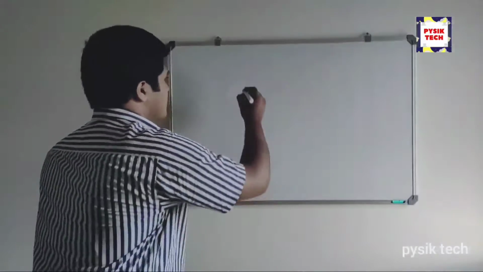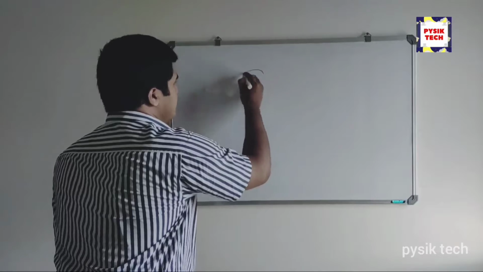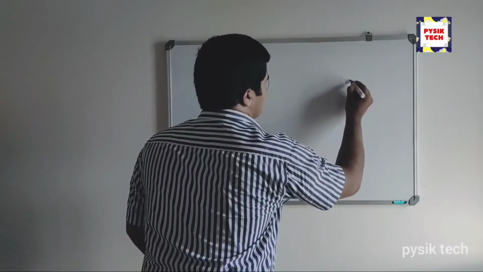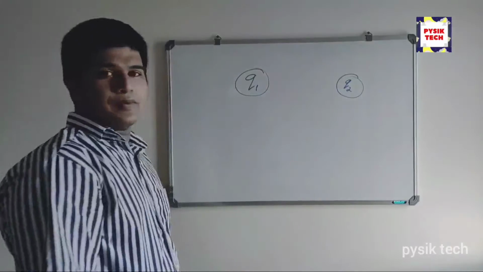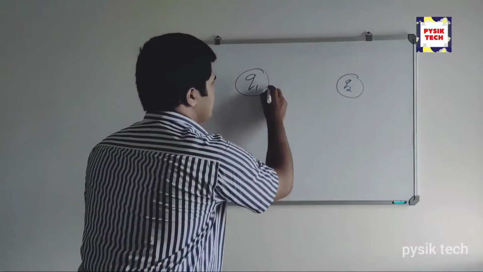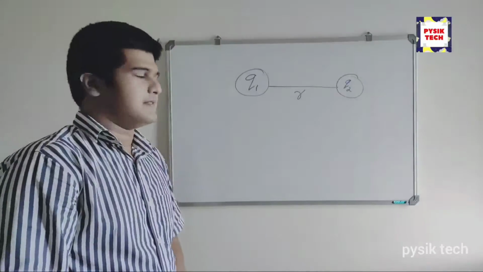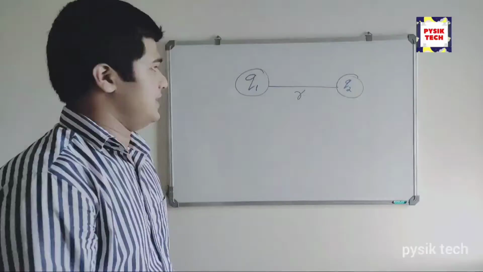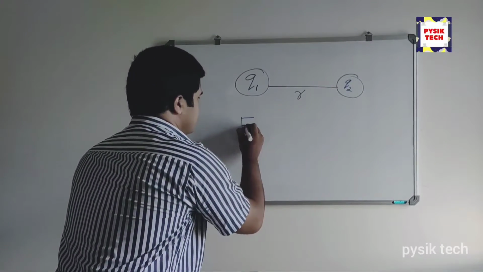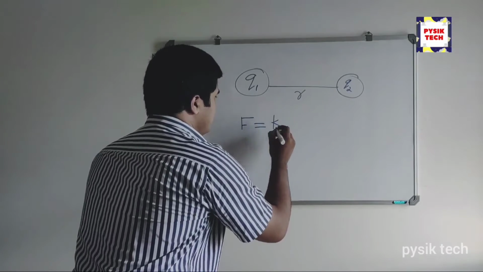Is it possible to measure the attractive force between two subatomic particles? How to measure it? In those situations, we can take the charges. Consider two charges, Q1, Q2, at a distance r. Then the force between them is F is equal to K